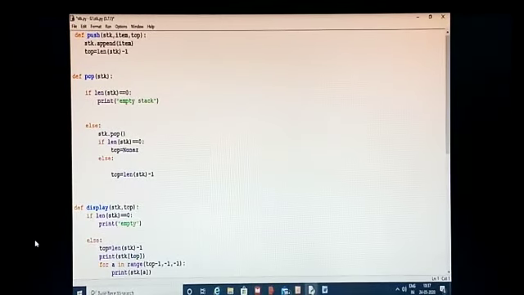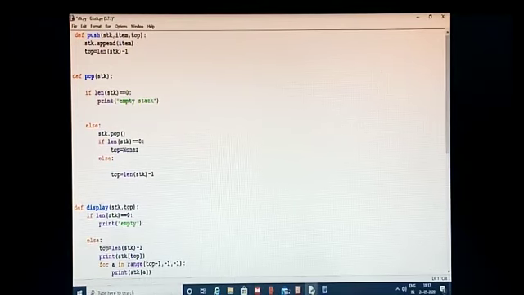I have defined 3 functions. One function for push, meaning insertion, one function for pop, meaning deletion, and one function to display the elements in the list implemented by the stack. Now in the push function I have passed 3 parameters: the list, the item and the top. What is the function of the top variable?